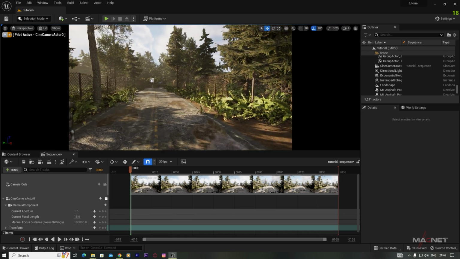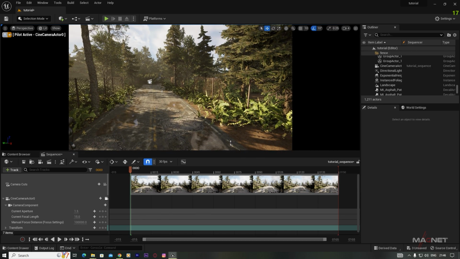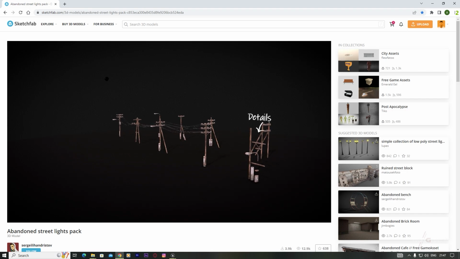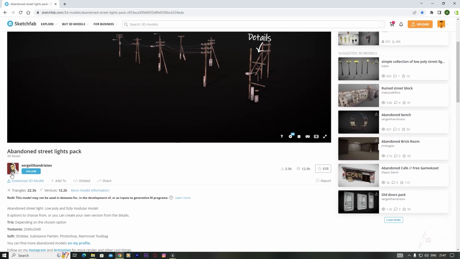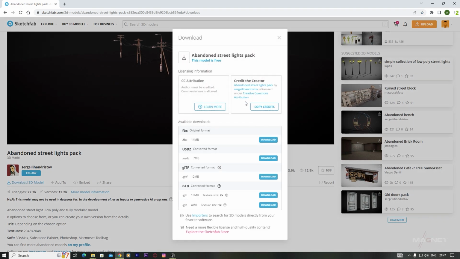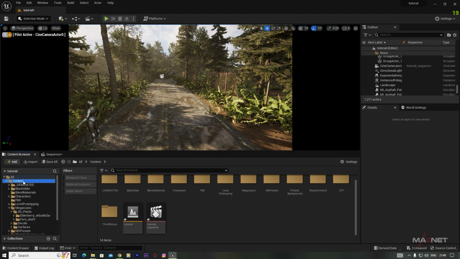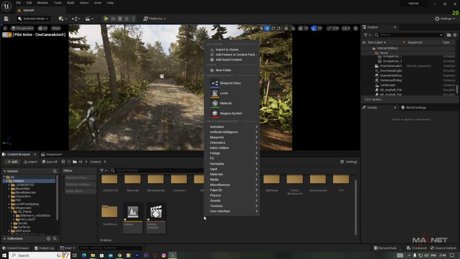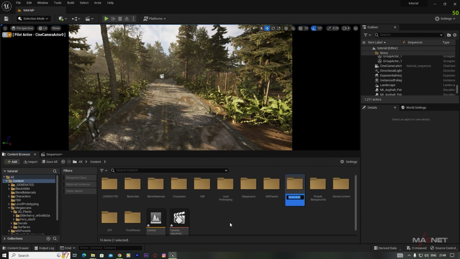So maybe first we're going to put a light post here. For the light post I'm using this model, and many thanks to this creator here. Just click on this download 3D model here, and if you use this model you have to put this credit in your video description here. I'm using this FBX format. Just click on this download and we go to this content folder, and again right click, create a folder here,